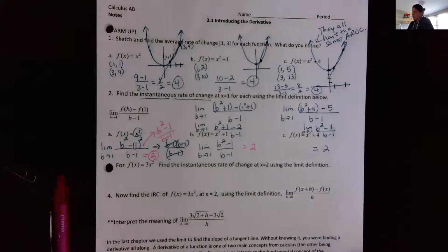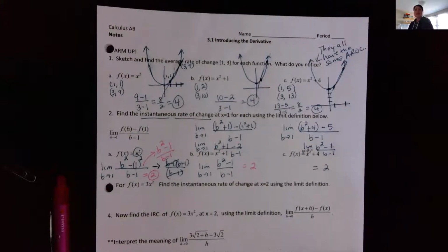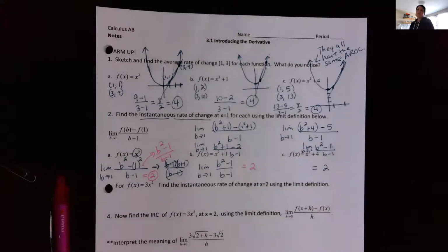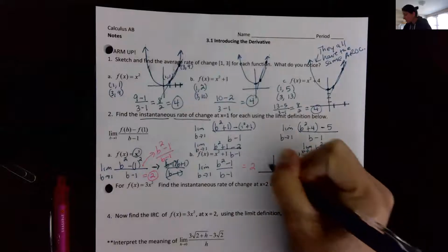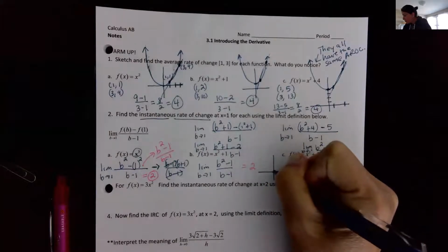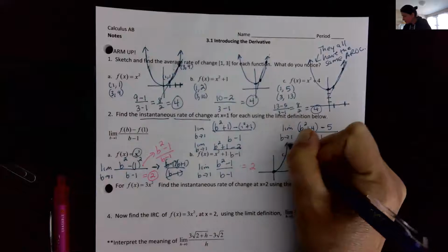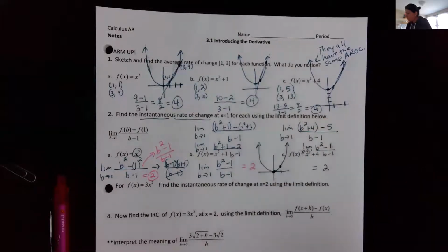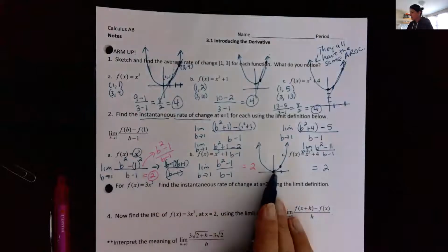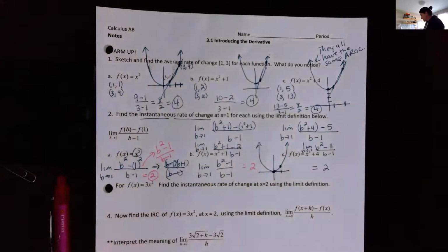So what is that saying? What this is saying is, instead of asking for an average rate of change, it's not a secant line. What we just did was we want instantaneous rate of change. This is implying a tangent line at 1. Okay, so what's the big difference? So if I just hand draw, if you will, my regular old parabola at 1, 1, right, my x squared 1. That means my tangent line,